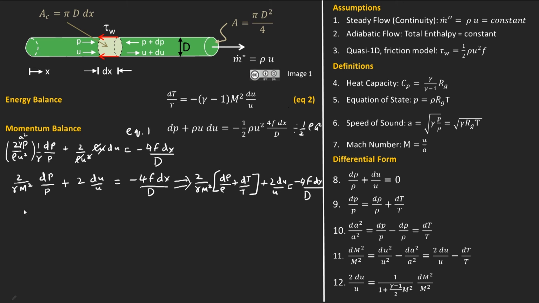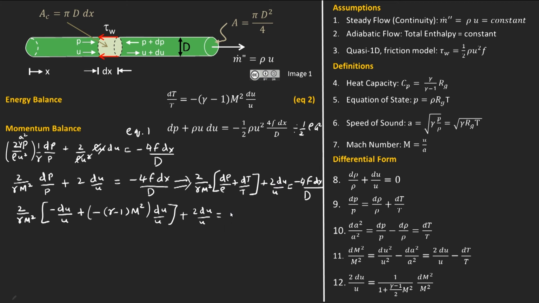As we do that, we get 2 over gamma M squared multiplied by, using equation 8, minus du over u, where I've substituted for d rho over rho, plus, we're going to substitute for dT over T using this equation here. So that's going to be minus gamma minus 1 times Mach number squared multiplied by du over u. All of this is just this first term over here. And of course we have also the 2 du over u,